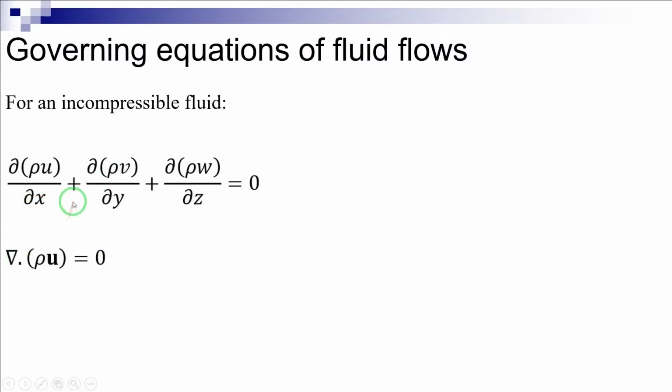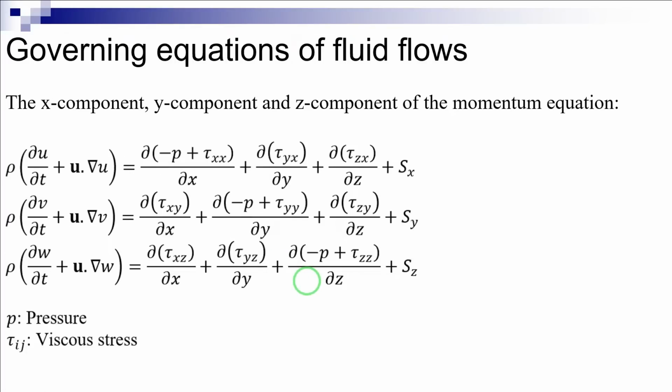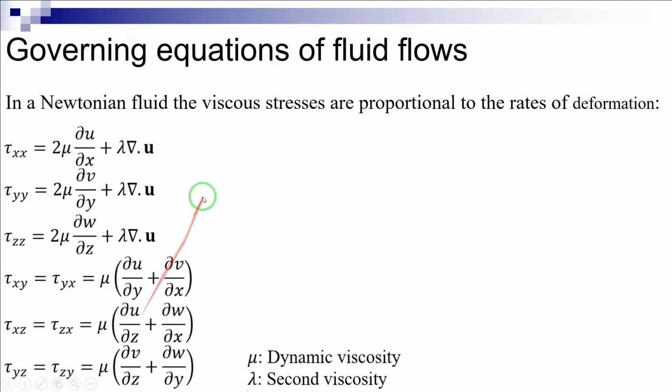The x component, y component, and z component of the momentum equation are presented here, where P is the pressure and tau ij is the viscous stress. Suffices i and j mean that the stress component acts in the j direction on the surface normal to the i direction. In a Newtonian fluid, the viscous stresses are proportional to the rates of deformations as presented here,